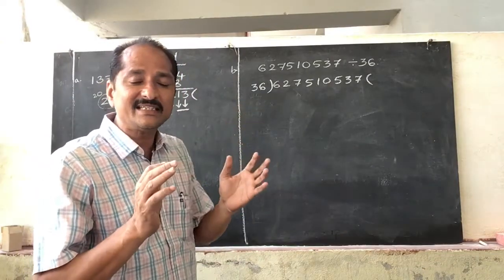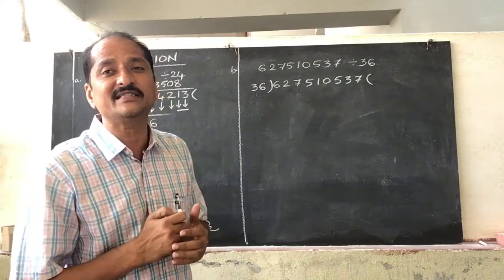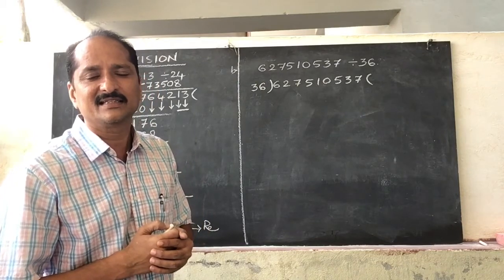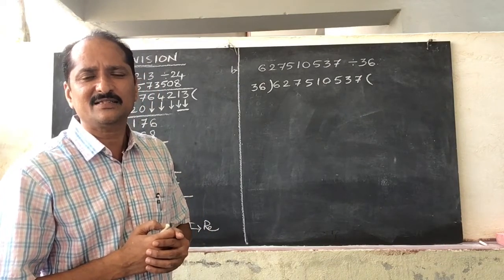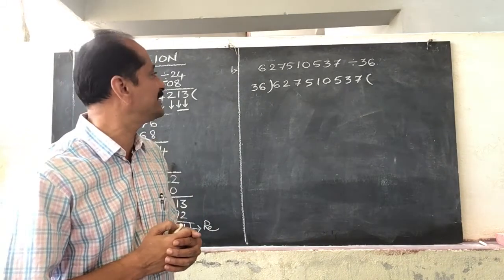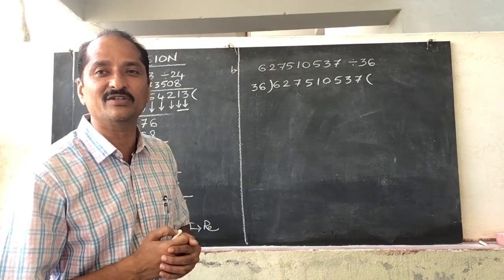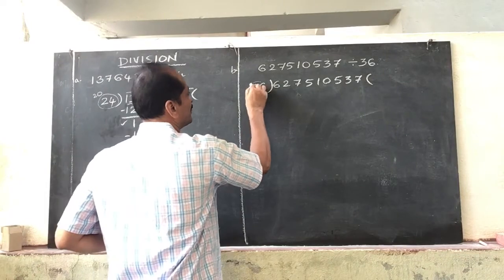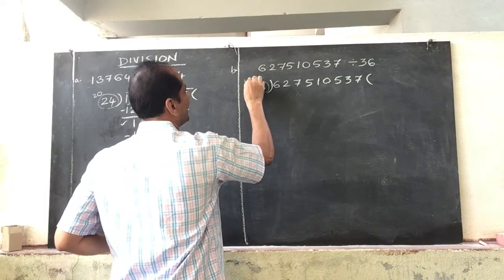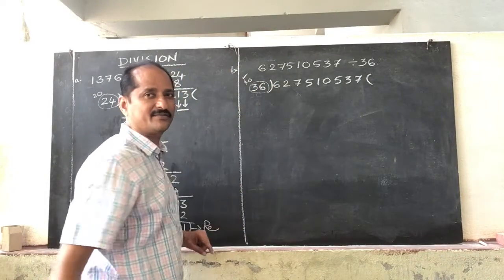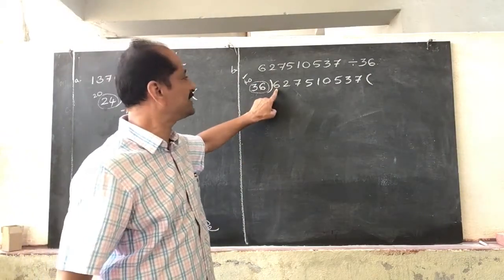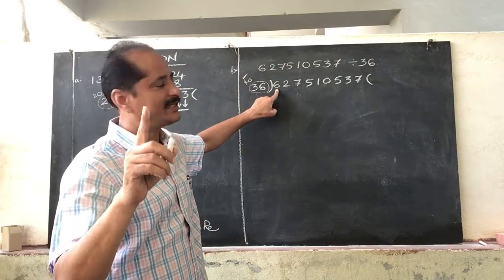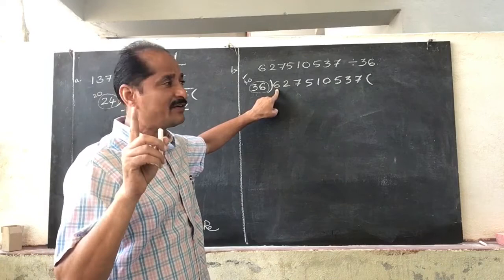Round off this 36 to the nearest tens place. Next lower than the tens place is the ones place, and the digit in the ones place is 6. 6 is greater than 5, so you add 1 to the digit before it. 3 goes to 4, and the 36 is rounded to 40. And the fourth table we have to read 4 times. So in 6, how many 4s are there? 1 four is there.